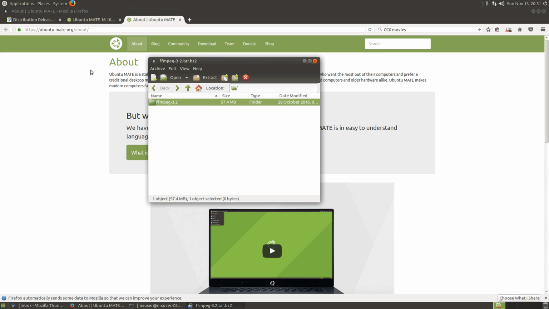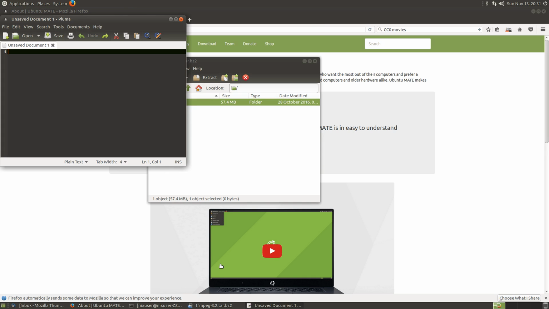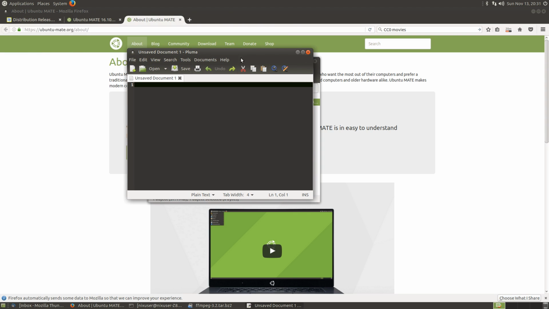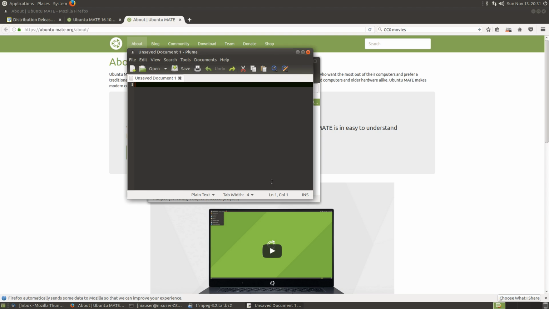Blank. Now that's going to be the menu thing down the bottom, is it? I don't know. It's not coming up. Whatever. Hopefully it doesn't come up in like 5 minutes time or something. Pluma text editor. I imagine this is pretty much just gedit, if I remember correctly. Yeah, it probably is gedit to be honest with you. It's not showing any of the detail there, but fine. But yeah, basically you can, if you wanted to,